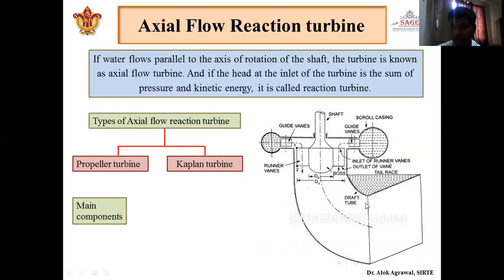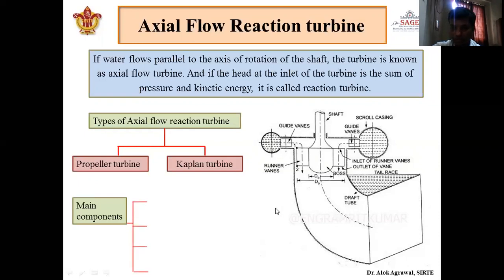Why is the draft tube required? As we have seen, here the pressure is high, and while traveling through the blade, pressure continuously decreases. With this decrease, the pressure becomes lower than the atmospheric pressure. So it is very difficult for water to get discharged in atmospheric condition. So there will be a draft tube. In the draft tube, what happens? Again, kinetic energy is converted into pressure energy so that the water can be discharged easily.